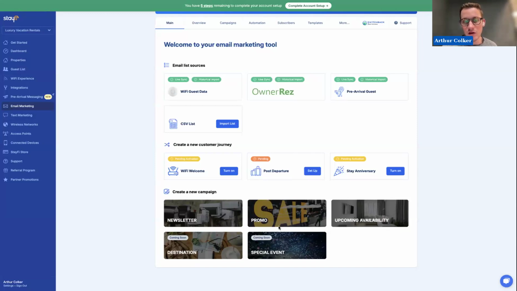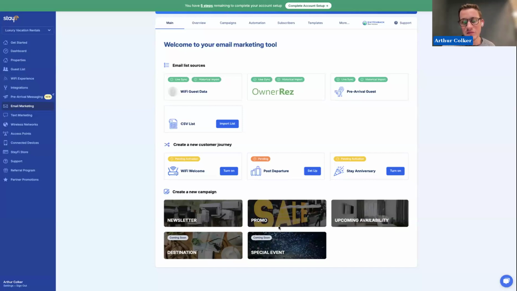So information about the home, the door lock codes, all that stuff, great to have in your PMS or another tool like Enso Connect or Suiteop, where you're doing that unified inbox communication with a ton of automation and very complex conditions and rental agreements and all that stuff, right? So definitely that's not what StayFi is built for. We're definitely the place where we're going to synthesize and gather all the data possible and then really take over that post-stay marketing. So some of the automations, like the ones I talked about, are very specific to Wi-Fi